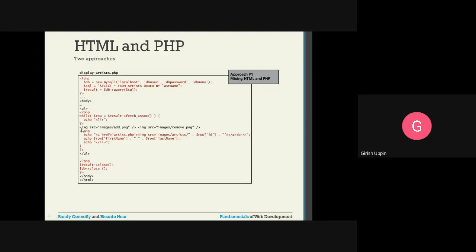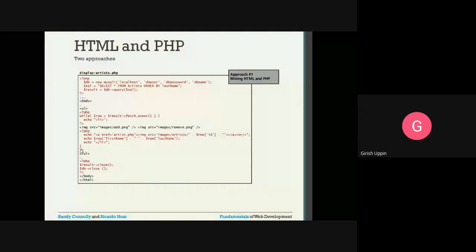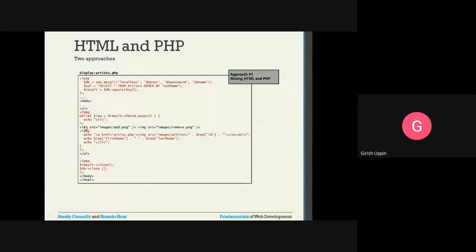Okay, so it will put the opening li. After that, this is the beginning of the PHP, and this is the ending of the PHP code. Then we have the image, a particular image. Then again another PHP code is here, and we are saying echo.